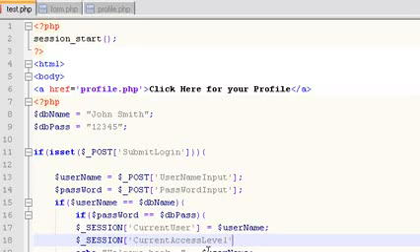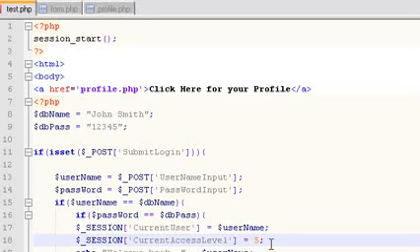Say if they're a moderator for a forum or something like that, and we could set that to 5 if you have access levels 1 through 5 or something like that. That might not be the best example, but you can add more session variables if you like to your session super global variable. All you need to do is change your variable inside of the index here of the session